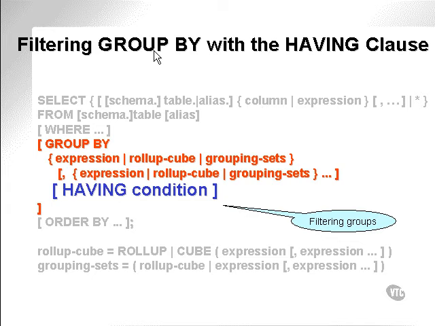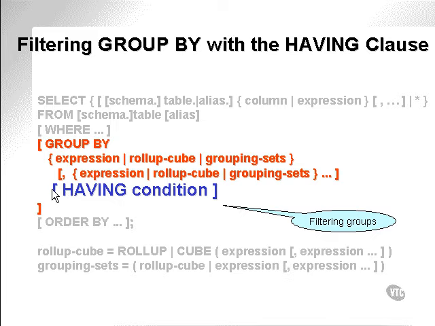Filtering the results of group by clauses with the having clause. Once again, the having clause is applied to the group by clause in order to filter the group by clause. In other words, you're going to filter out the things that you don't want. The groups that result from the select statement and the grouping of the select statement results can be trimmed down